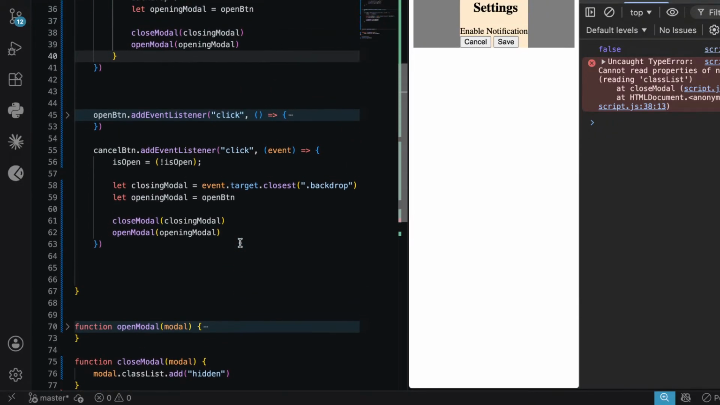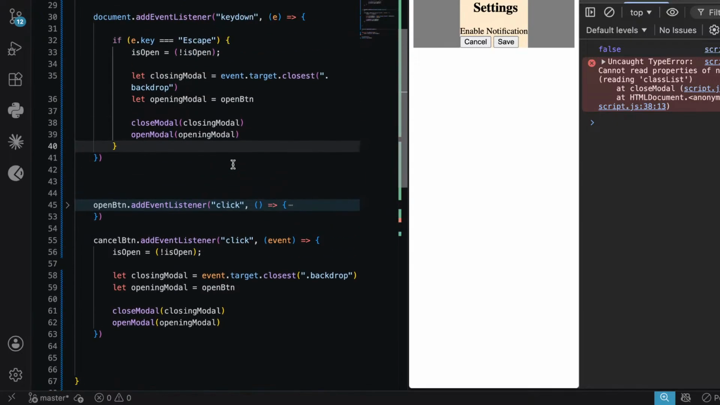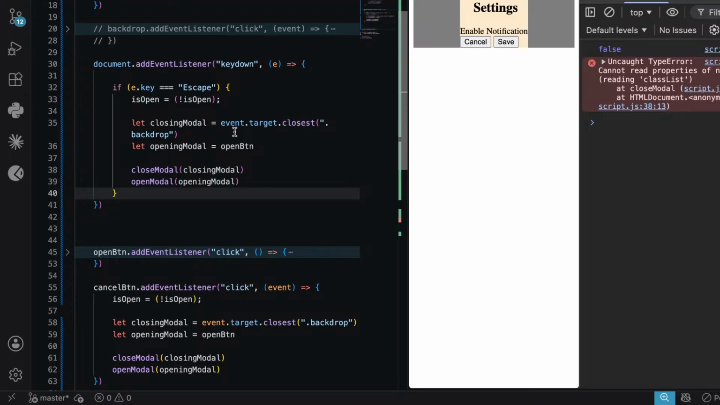What is a typo error? Cannot read the properties of null. Okay, we are passing a null something. Backdrop is